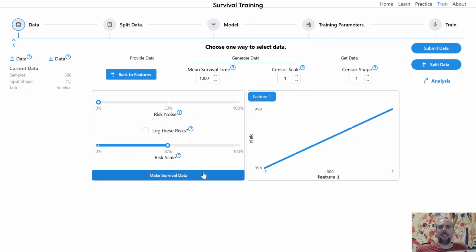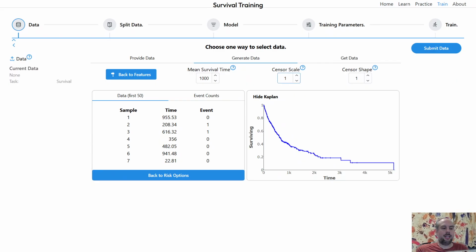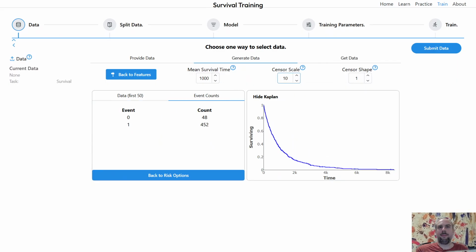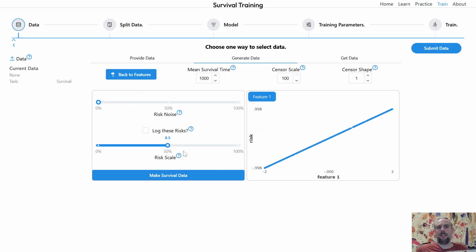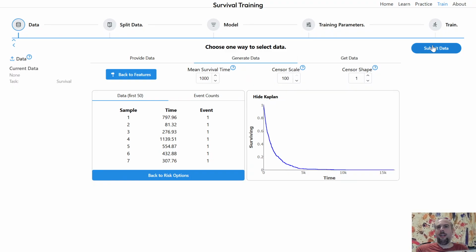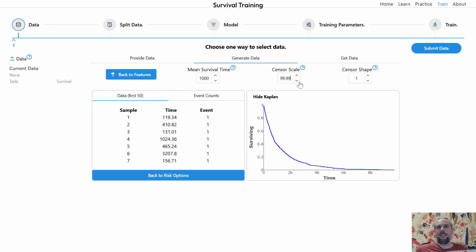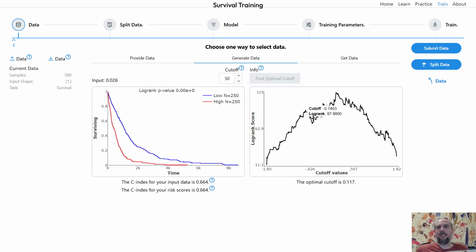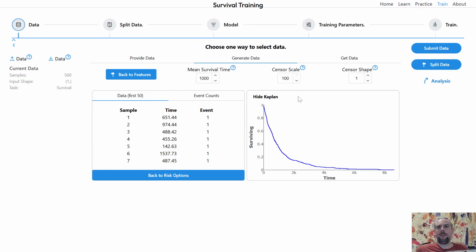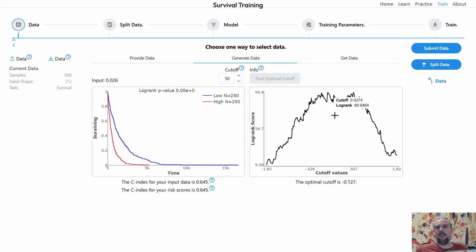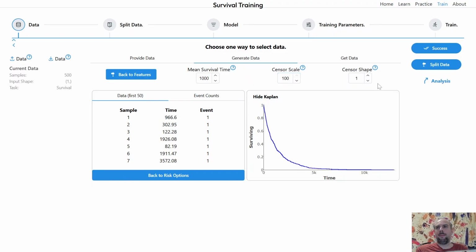And we can check if that's the case by changing our censor scale here, which we talked about in the previous video. And let me make sure, yeah, we got the risk scale correct, okay. And now we can try to see if it moves more to the middle. It's a little bit random what happens here, but this one's pretty close to the middle. See if we can, that one's actually negative. So as you can see, getting rid of the censoring